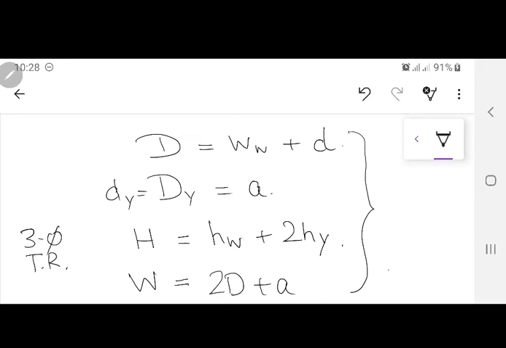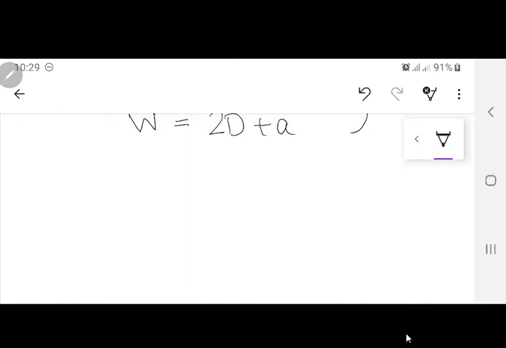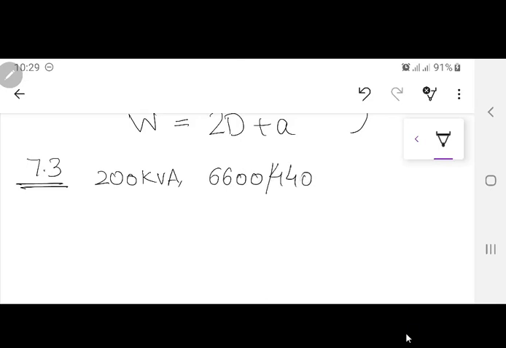Okay, let's do this one numerical over here. I'm just writing down the value. अगर किसी का बुक नहीं है ना अभी तक है, चलो. This is example number 7.3. This is a 200 kVA transformer. It is a 6600/440 volts, three phase, mesh star connected. ठीक है, this is actually a star connected, so we are not concerned with that one over there. So this is mesh star connected diagram transformer. This is 50 hertz, and there are some data.